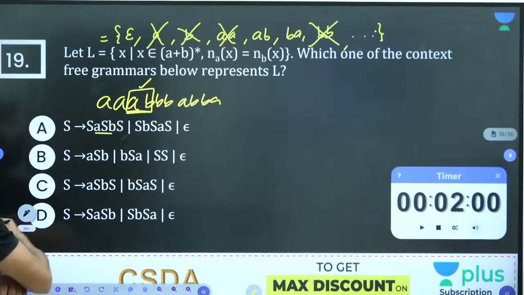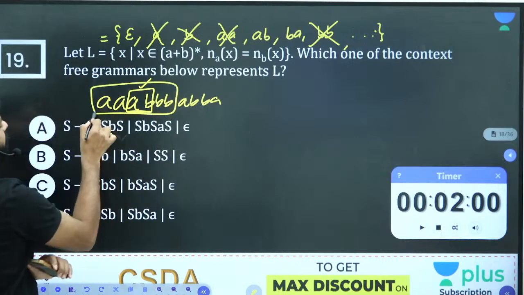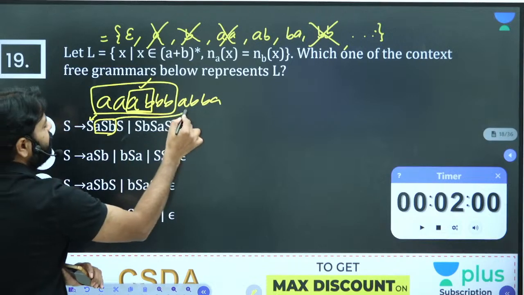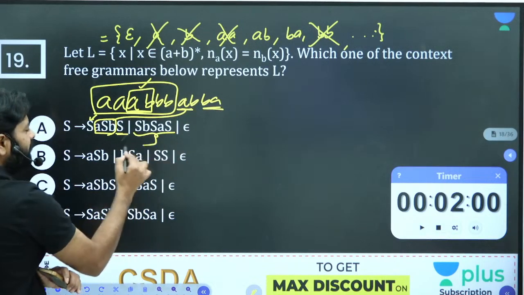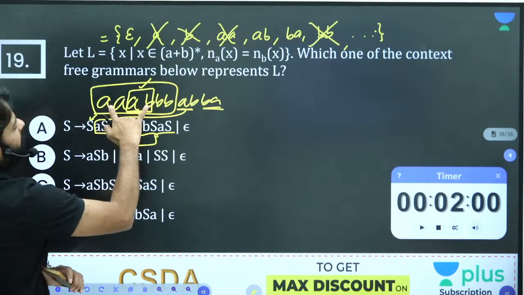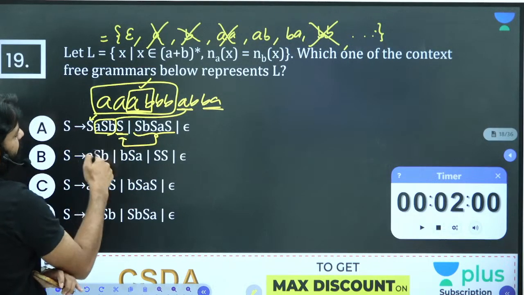When you take anything, just assume that an equal number of A's and B's should be there. So this one can be generated by this S, and this ASB can be generated by this AB, and BA I can generate from here. I can put this here. Here everything is epsilon, so I can get BA, and this S, one triple A triple B. Triple A triple B, can I get it from here? First I'll take triple A triple B.